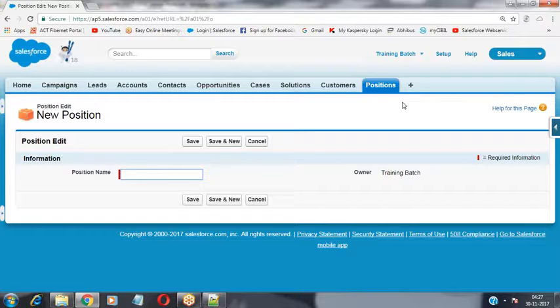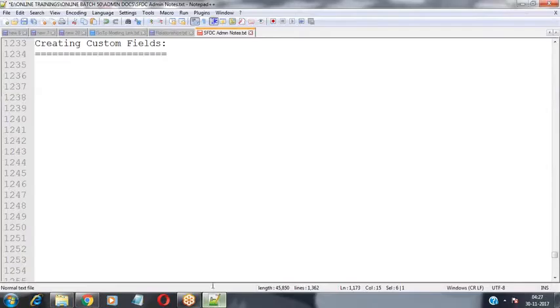It will have some standard fields by default, like the ID field, name field, owner field, created by, and last modified by. These 5 fields are available by default. Now inside my position object, I would like to add a few more columns, that is, a few more fields.